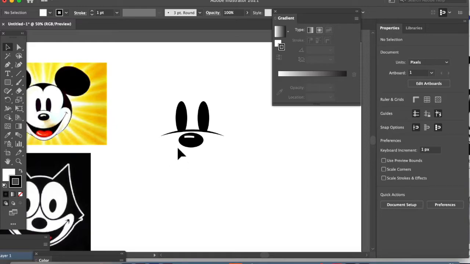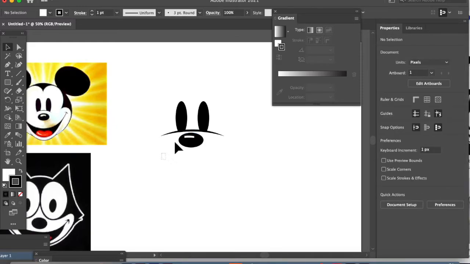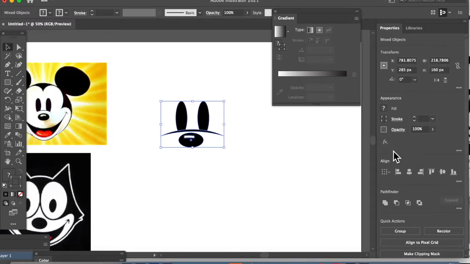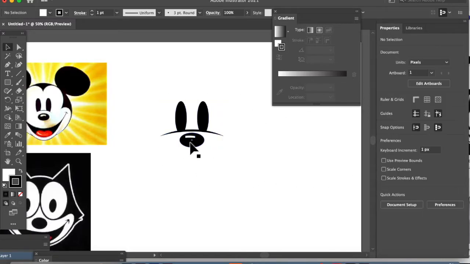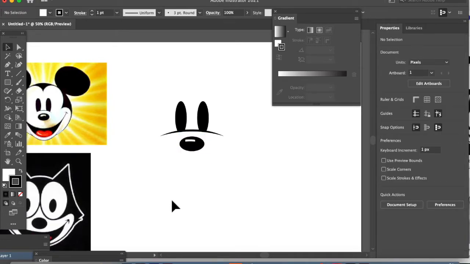So far we have the nose, and I'm going to take the nose and the glare piece and group those two together. So now they get centered on Mickey's face. And actually, I'm going to move this down a little bit because it looks like there's more room there. Okay, so let's move on